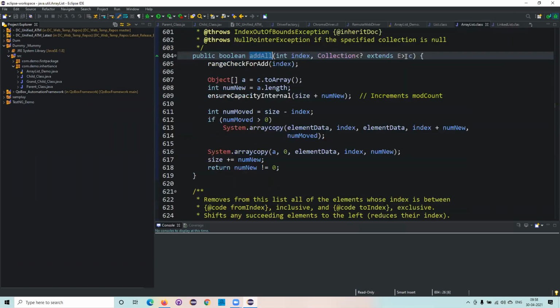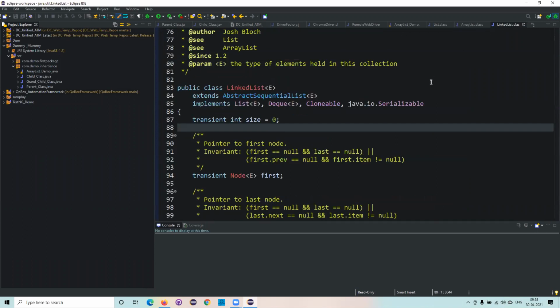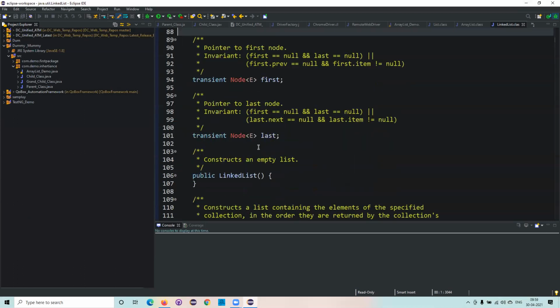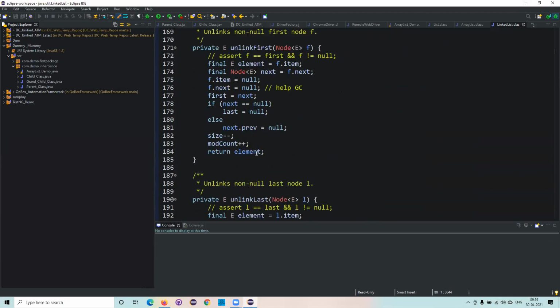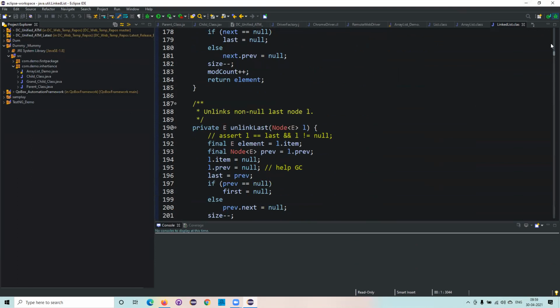So when it comes to the ArrayList and the LinkedList, this is from the coding point of view. Now this is the most frequently asked question. People will ask, can you tell me what is the basic difference between an ArrayList and a LinkedList? At that point of time, from the coding point of view, this is the basic difference. That's the first pointer which we need to tell. And there are other general differences, which I'll explain now.